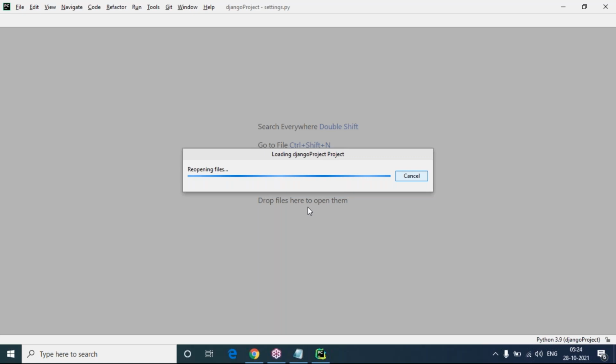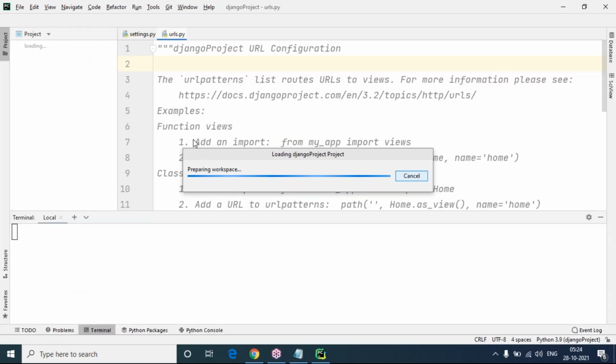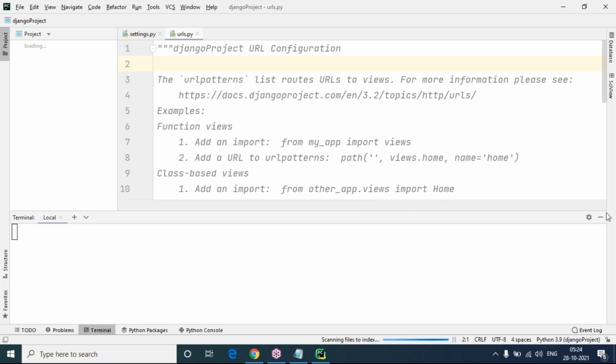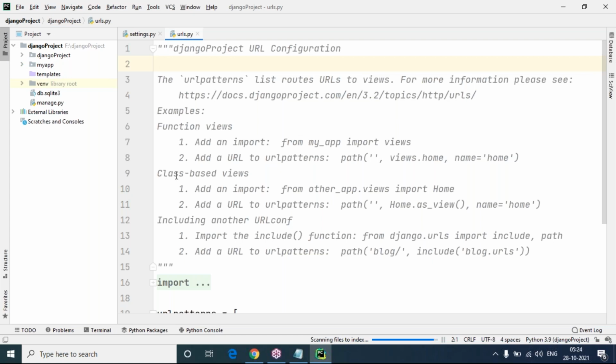I have already installed Django REST framework in the last session, so no need to install it. In case you have not installed it, then go to the terminal here and type pip install djangorestframework. Then it will install Django REST framework.